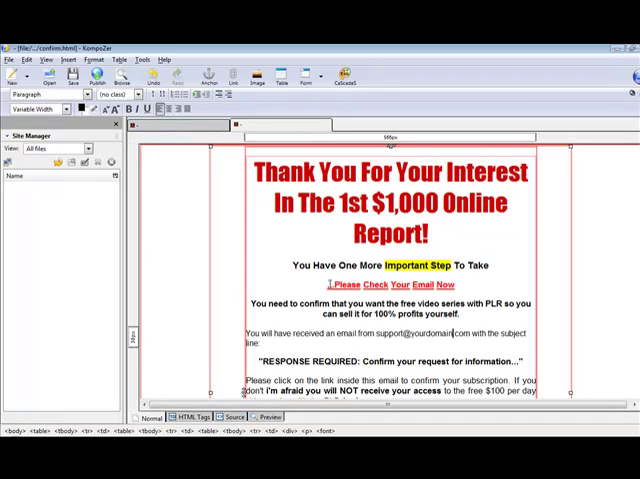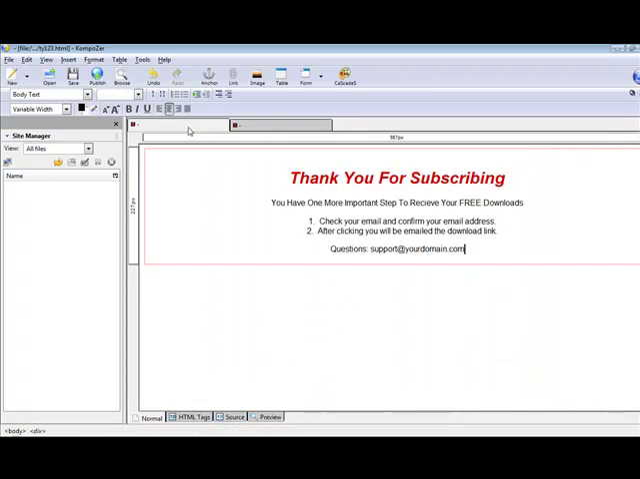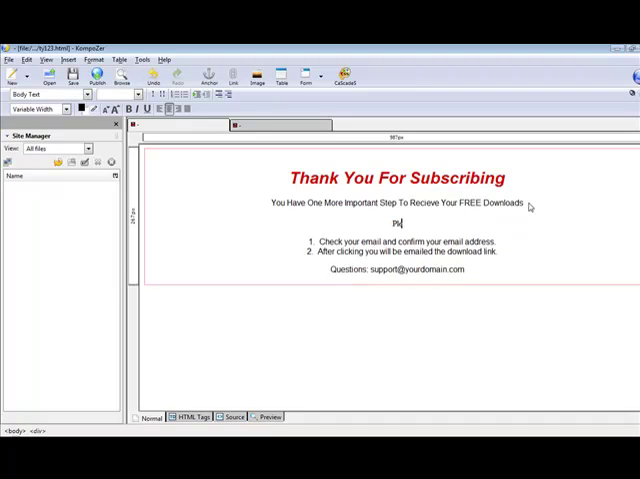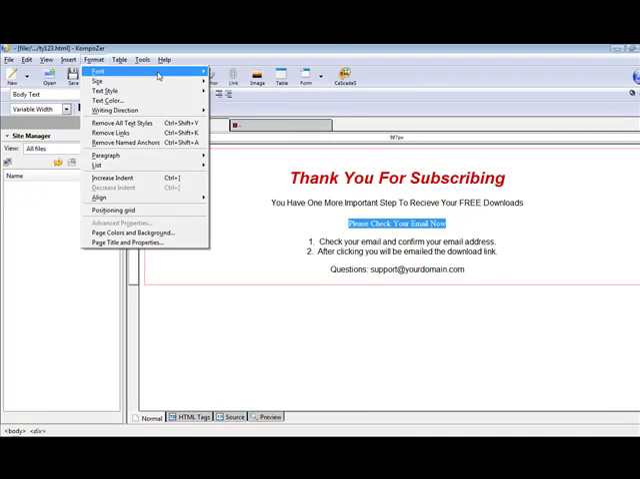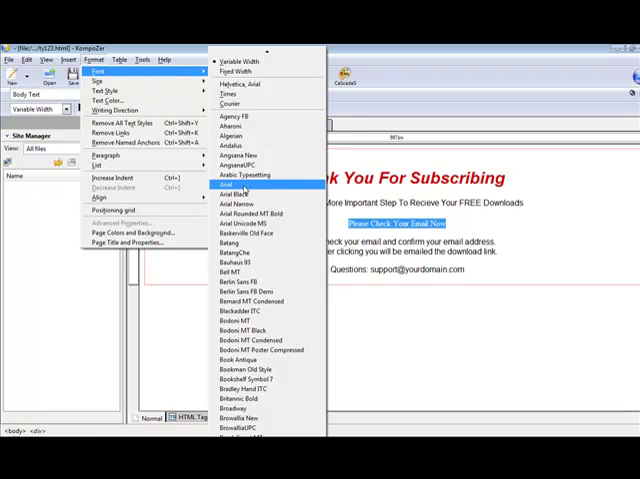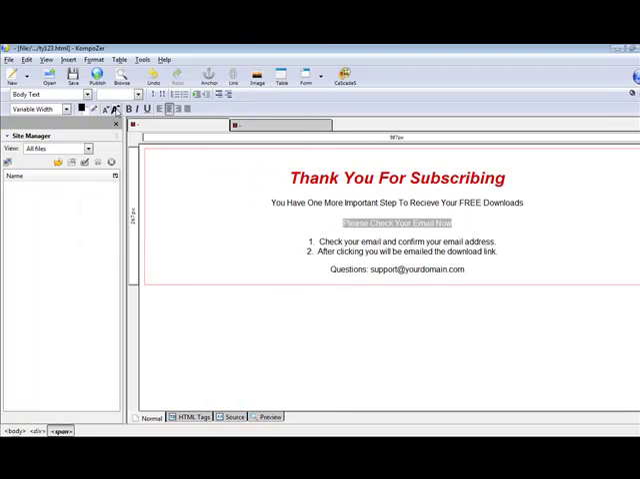Like this one, for example, does a great job of making this part stick out, like the "please check your email." We didn't add that part, so we could do that here. Please check your email now. And then you could make that consistent with the font by highlighting that, choosing the font. Let's say we want to go with Arial font, and we want to make that stand out